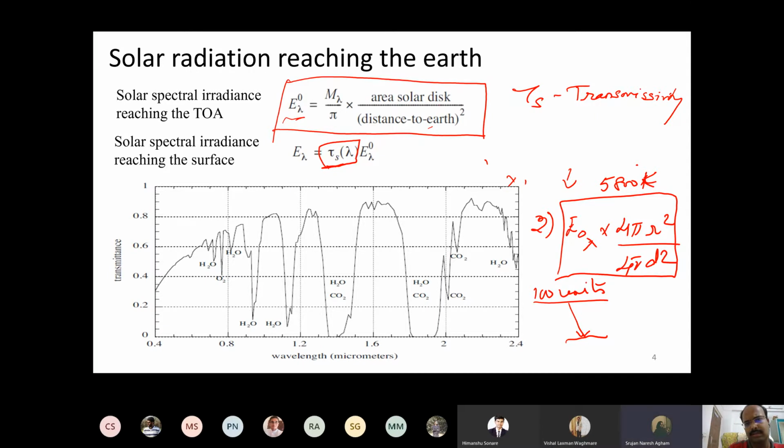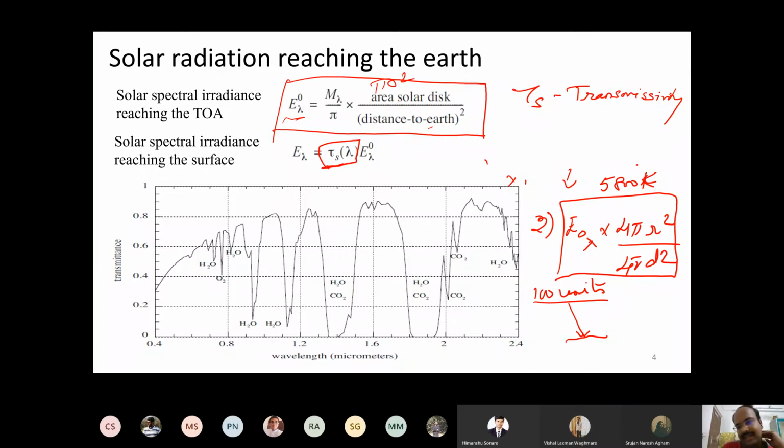Shouldn't it be right? The area of the solar disk is pi r square. I said you have to treat the solar disk also as pi r square. Okay, the 4 is taken out. So here it is whether you are treating it as 2-dimensional or 3-dimensional. That's where the problem is. Actually, it's good to treat it as a 3-dimensional problem. Okay, so coming back,